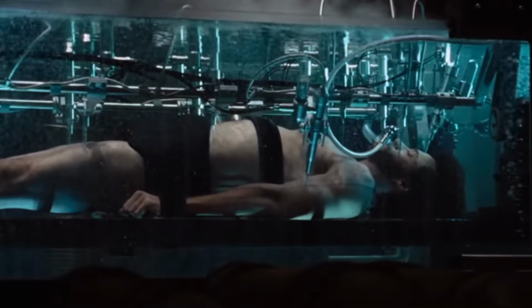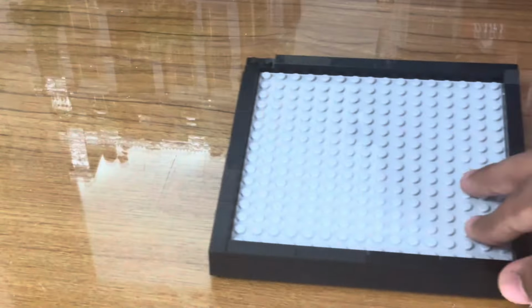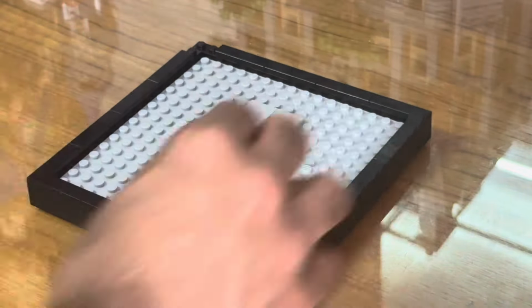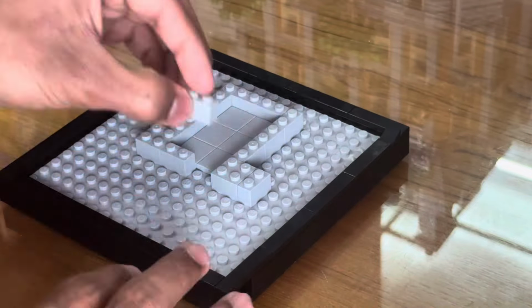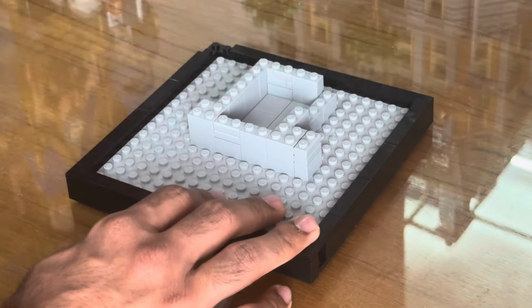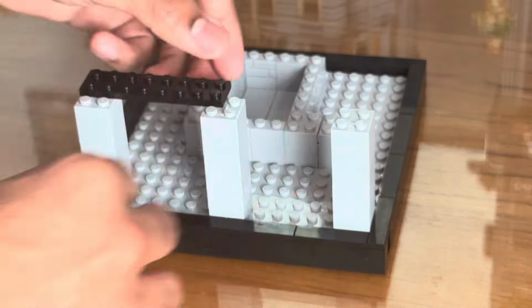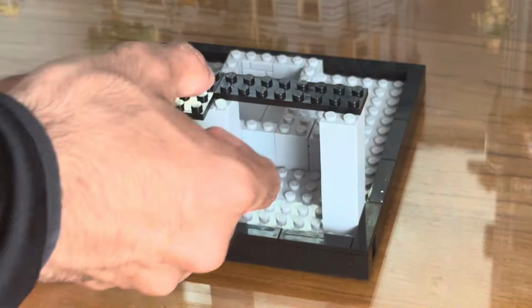X-Men Origins Wolverine was definitely one of my favorite X-Men movies growing up, and I really like the scene where Wolverine was in the tank and got the adamantium claws, so I decided to recreate the scene. So first off, I decided to make the actual tank using a bunch of 2x2s and 2x1 grey bricks, pile them on top of each other to add a bit more depth, and then I used a bunch of these 2x2 light grey bricks to represent some supports, and then put some plates on top of those to represent a